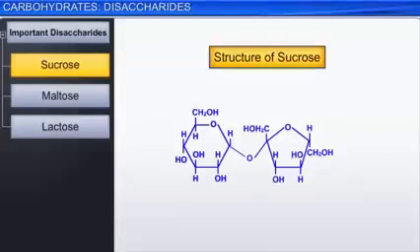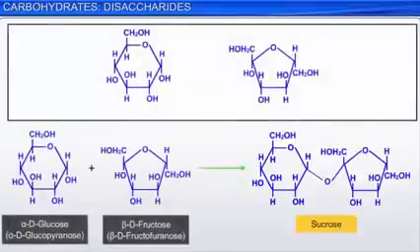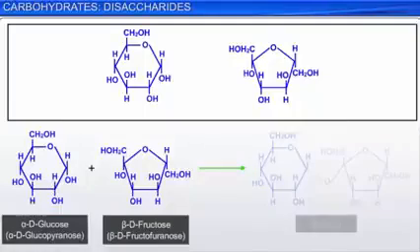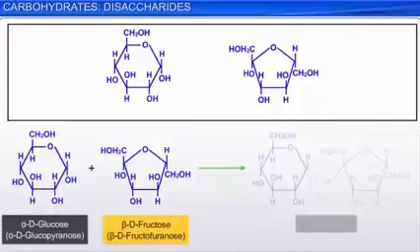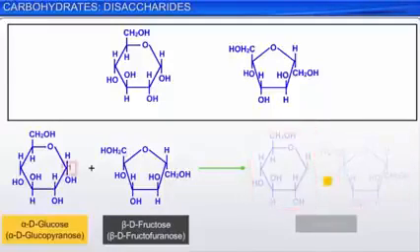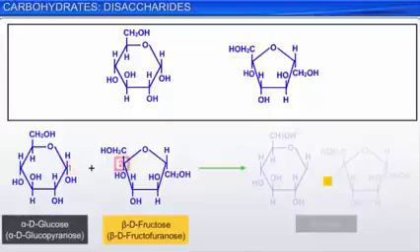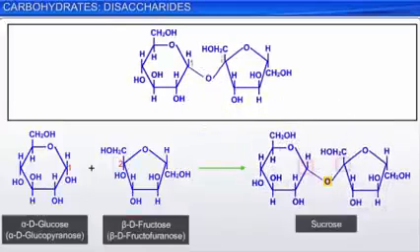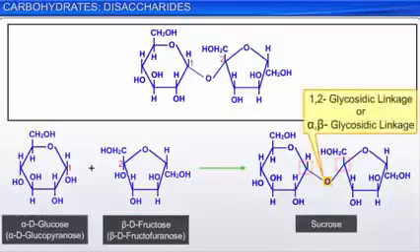Let's look at the structure of sucrose in greater detail. Sucrose is made up of one unit of glucose, specifically the alpha-anomer alpha-D-glucopyranose, and one unit of fructose, specifically the beta-anomer beta-D-fructofuranose. These two hexose units are joined by a glycosidic linkage that is formed between the C1 of alpha-D-glucopyranose and the C2 of beta-D-fructofuranose. Note that the loss of a water molecule results in the formation of 1,2 glycosidic linkage or alpha-beta glycosidic